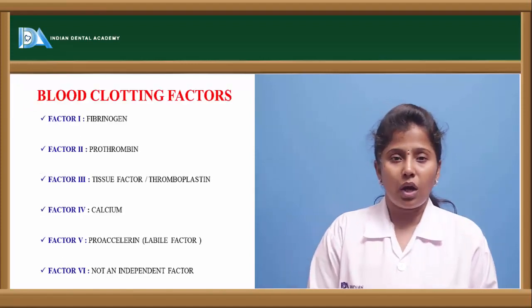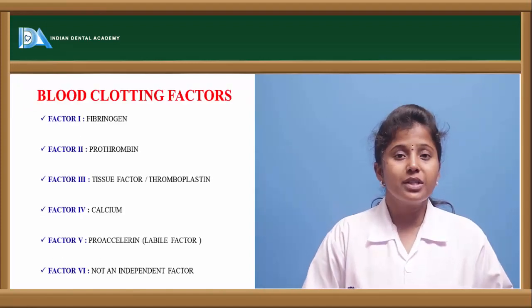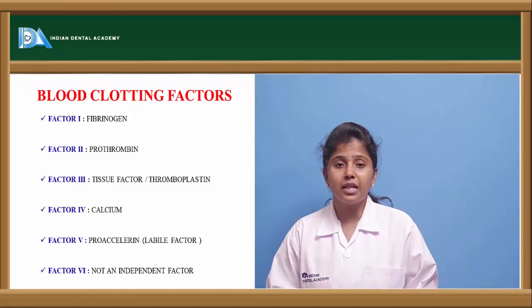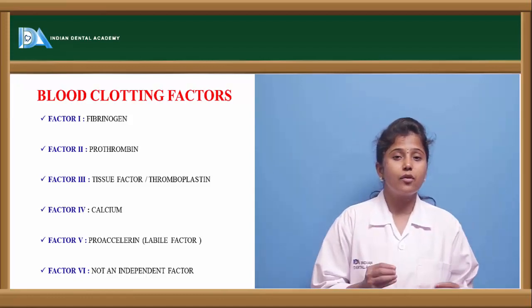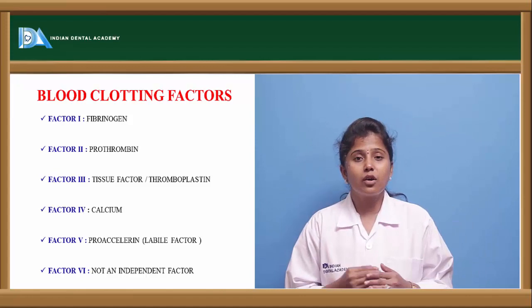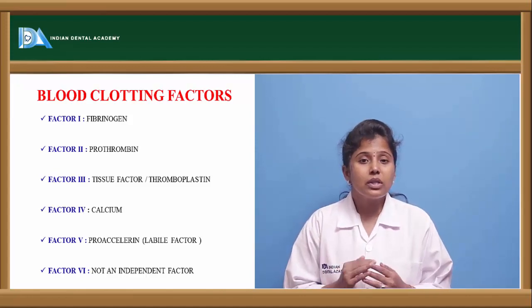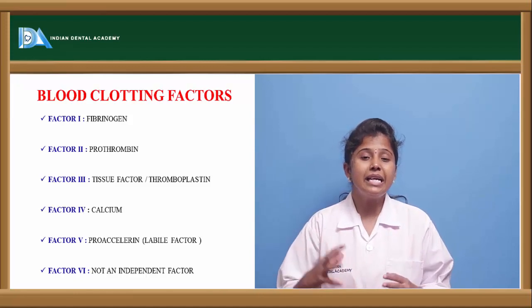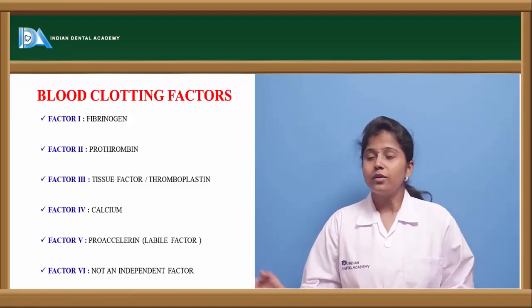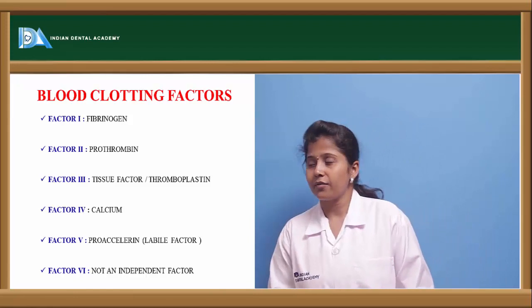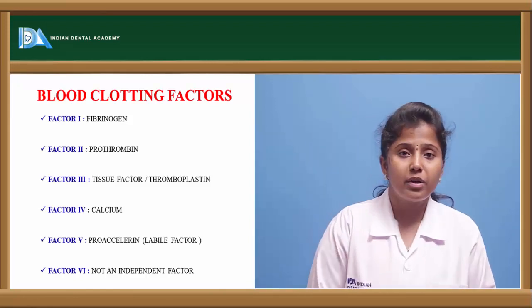For blood to clot, there are various factors. There are 13 factors which aid in the formation of a clot. If we see the clot mechanism, or the clot cascade pathway, all these 13 factors aid in clot formation. The factors involved are factor 1, which is also called fibrinogen,